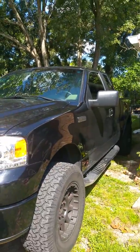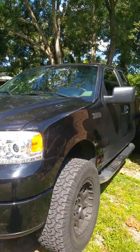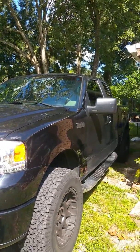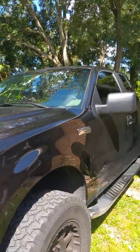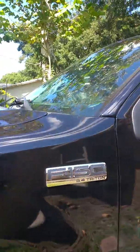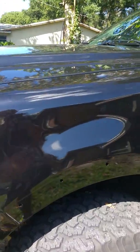Everybody, today I'm doing a frustration video on my 2006 Ford F150 ZX4. It's got the 5.4 Triton engine, non-flex, and so I'm doing some little projects. And first thing I was going to do, I hope you can see this okay, but